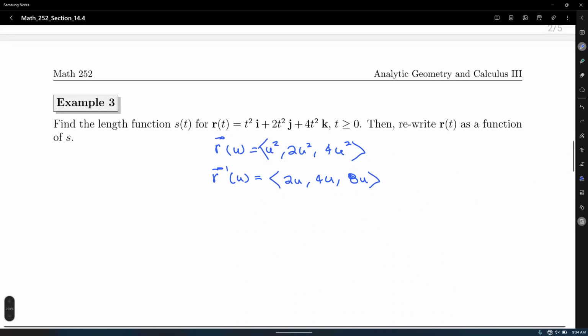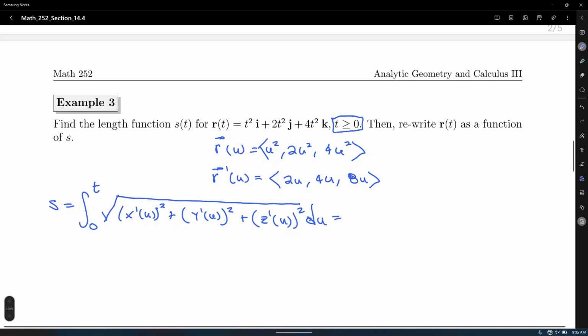So let's find the arc length function. How do we get this arc length function s, which represents a distance on arc length, and find the integral from 0 to t. Why am I starting at 0? Because of this condition. Here it could have been from -5 all the way to t, from 3 to t, but in this case, since we want it greater than or equal to 0, we start from 0. That's the most common case. So that'll be the square root of x prime of u squared plus y prime of u squared plus z prime of u squared